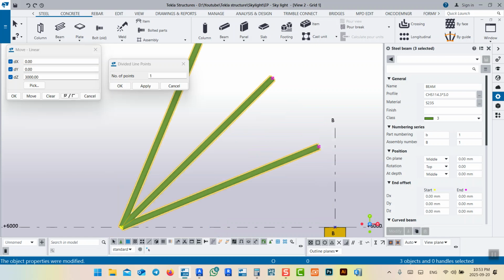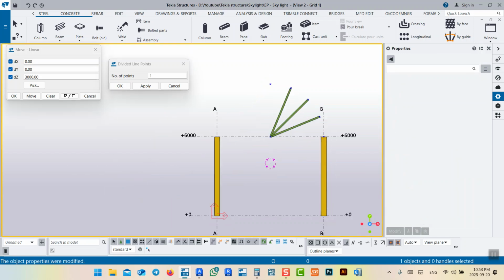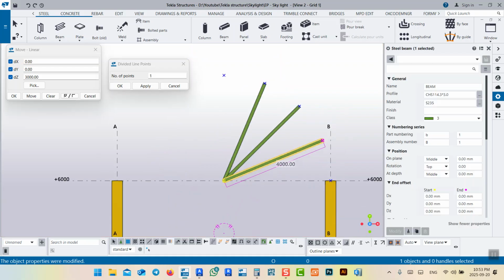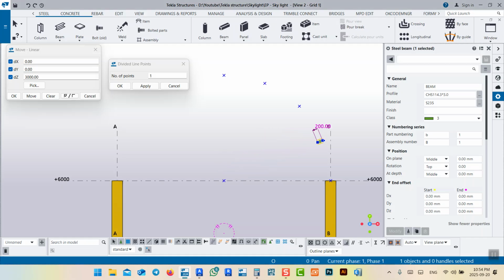As I said, I can continue with this step just like this, or I can select one, delete these two, and use one and press D on the keyboard, or from here direct modification. From the direct modification, I want its length from this end to be 200, maybe